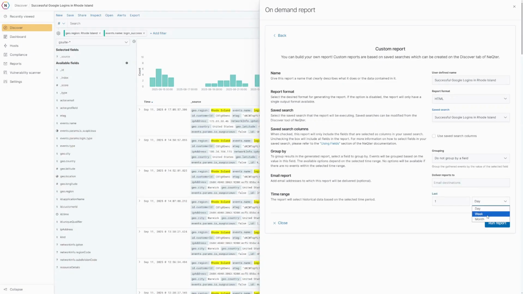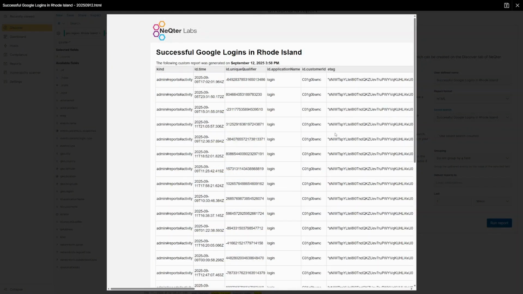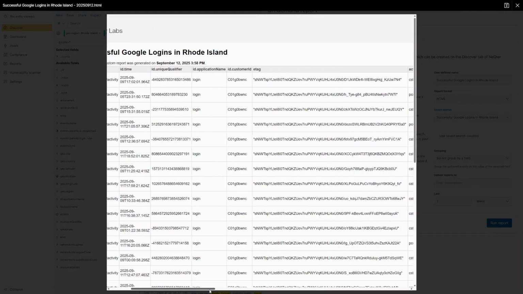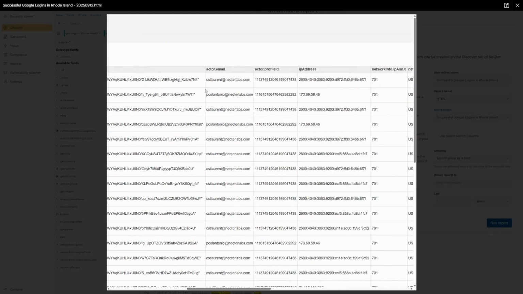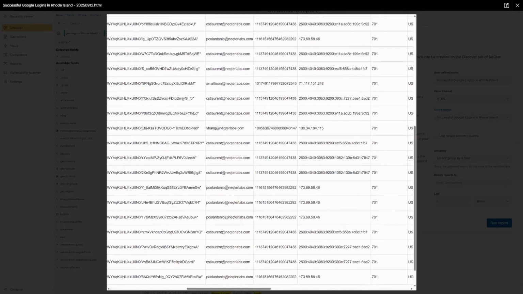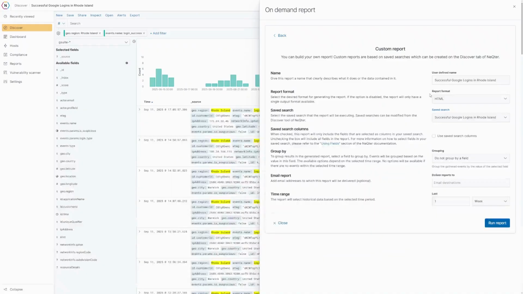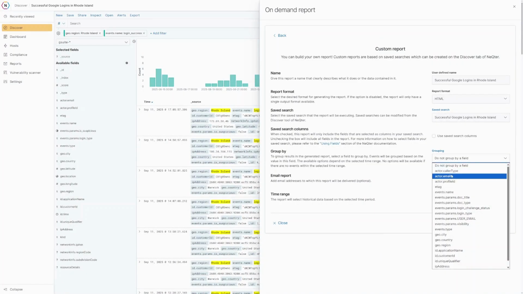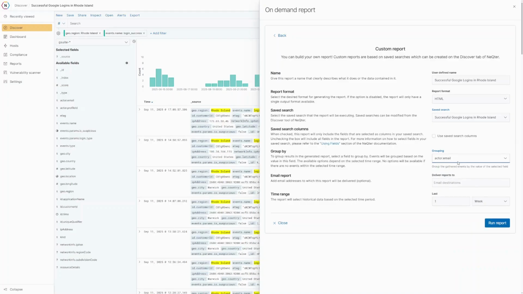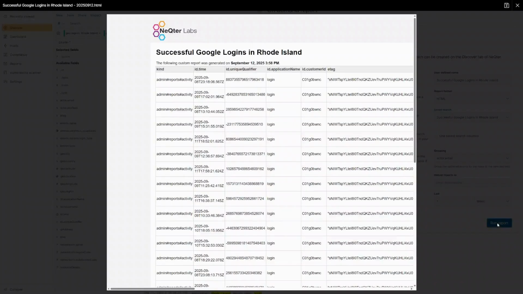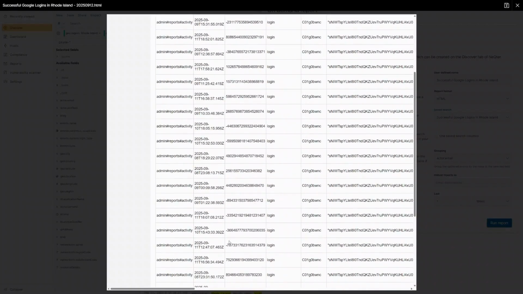So I did the last day. We didn't get too many results. We'll run this again. Now, the last week, we got quite a few. So as you can see, we had different users log in. And I might want to organize by that. So that's where grouping comes into play. Grouping by a field. So we'll group by actor.email. So if we run this report again,